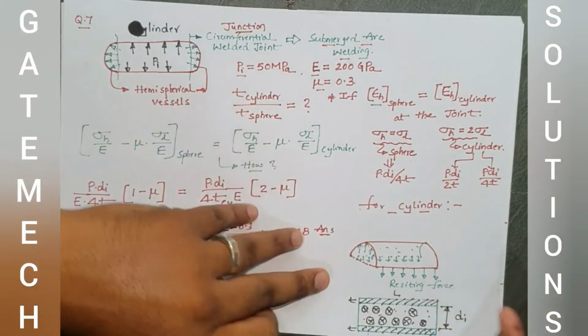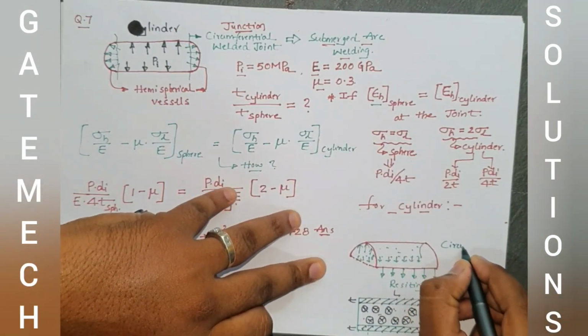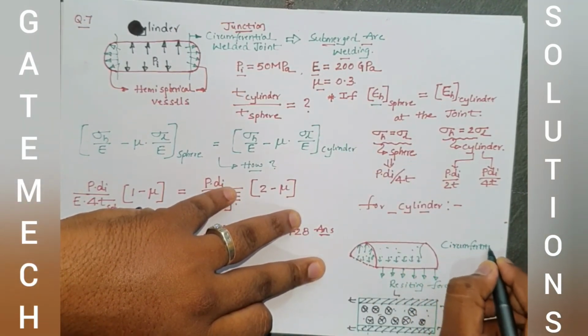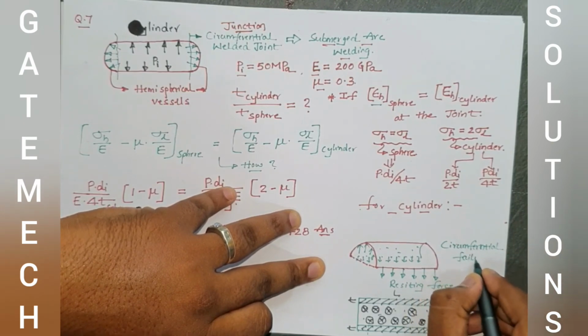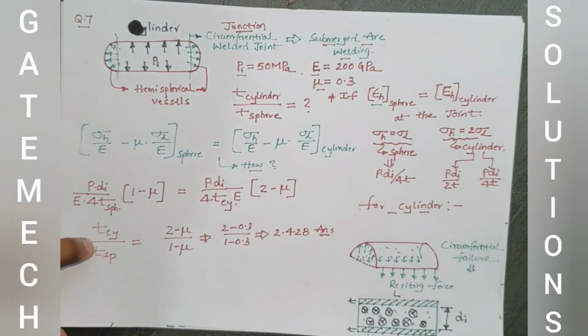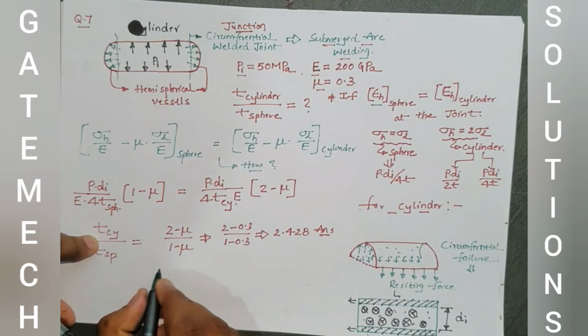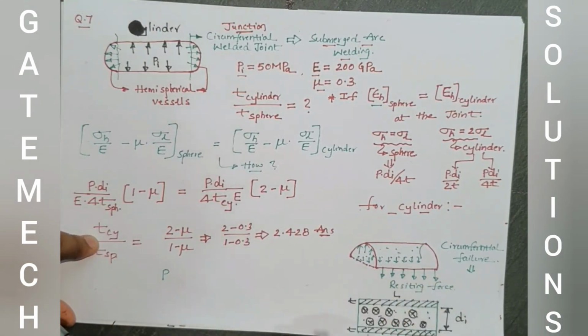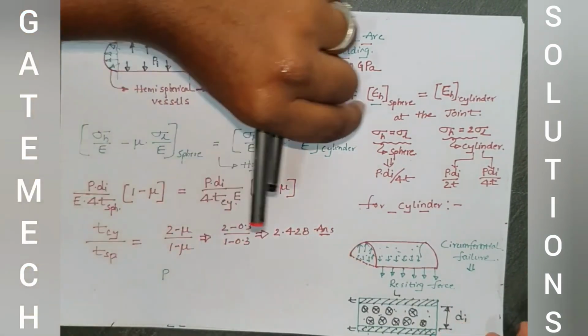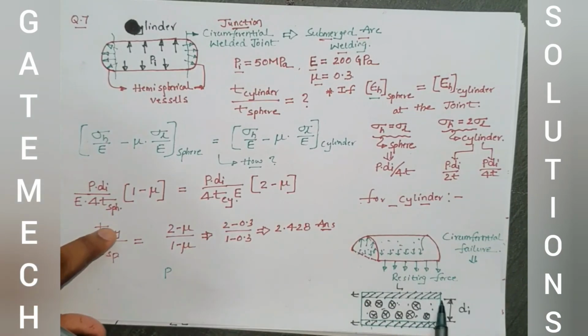So this type of failure seems to be on the circumference. Keep it in mind, we can call it circumferential failure. So for equilibrium condition, the pressure force offered by the fluid should be exactly equal to the resisting force offered by the material. The pressure force is given as P multiplied by projected area. Projected area means if you put a torchlight on the top of the surface, whatever shade we can observe, that is in the form of a rectangle. So this is the projected area for fluid.